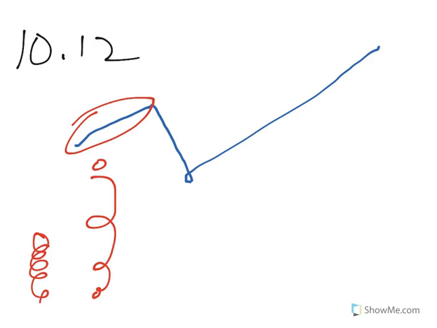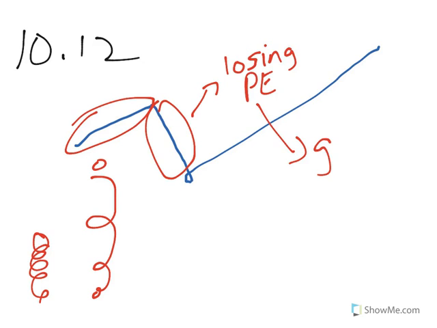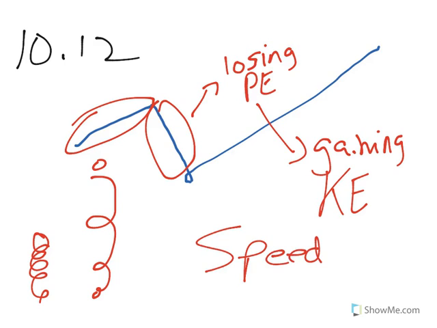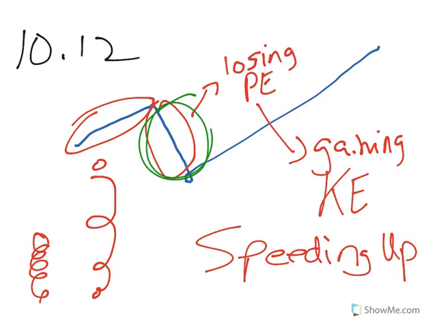So in this section, it's losing potential energy, which means it must be gaining kinetic energy. And if you gain kinetic energy, it means you have to speed up. So this thing should be speeding up during that section right here. Again, this is because if you're losing potential energy, you must be gaining kinetic energy. All right, number